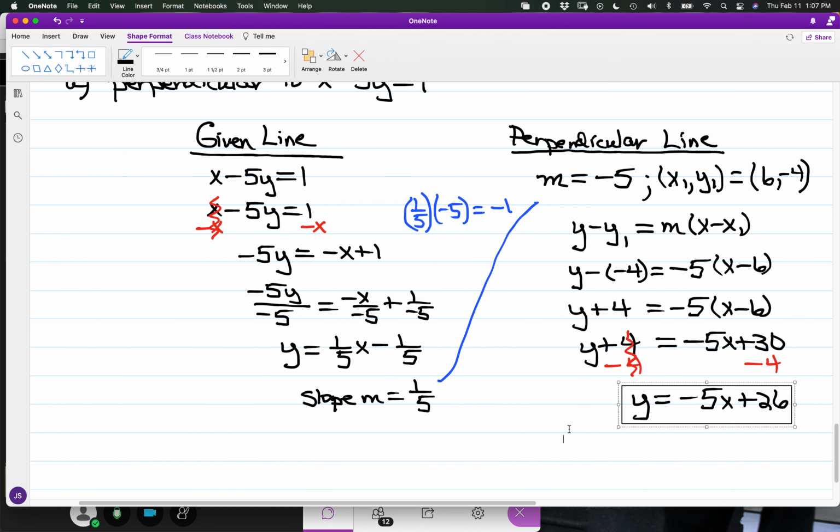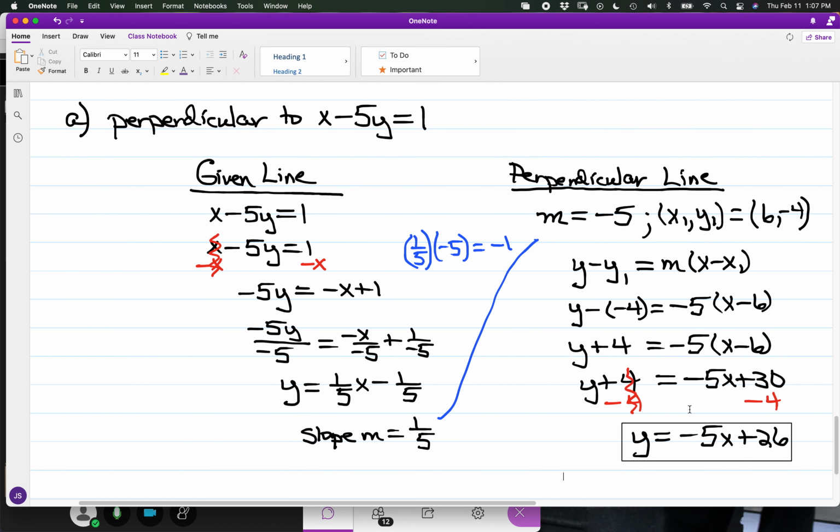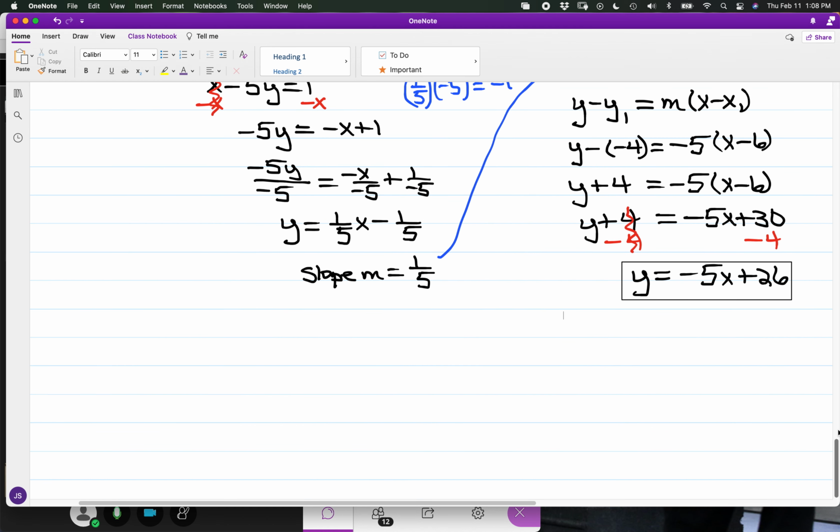So for the slope-intercept equation of this perpendicular line, again we can test out the consistency. With x at 6 and y at -4, the left-hand side of the equation is -4, and I want the same thing on the right-hand side. With x at 6, we have -5 times 6 is -30. -30 plus 26 is also -4. And just to throw in,